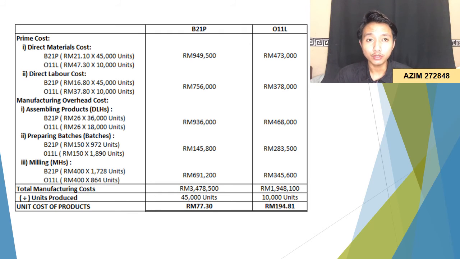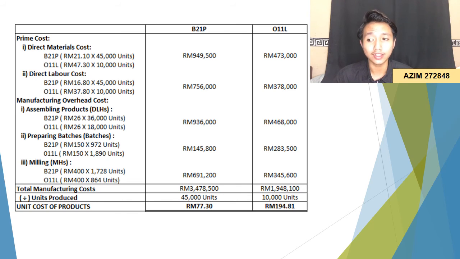For preparing batches, the POR that we just calculated earlier is 150 ringgit. So, for the job B21P, 150 ringgit times 972 units, so we get 155,800 ringgit. While for the job O11L, it is 150 ringgit times 1,890 units, so we get 283,500 ringgit. And lastly, the milling. For the job B21P, the POR that we just calculated earlier is 400 ringgit. So 400 ringgit times 1,728 units, so we get 691,200 ringgit. Well, for the job O11L, 400 times 864 units, so we get